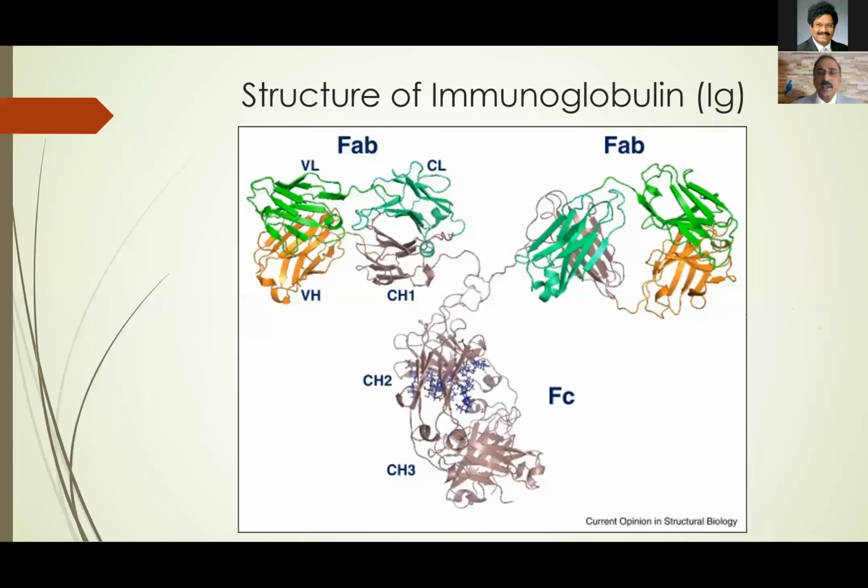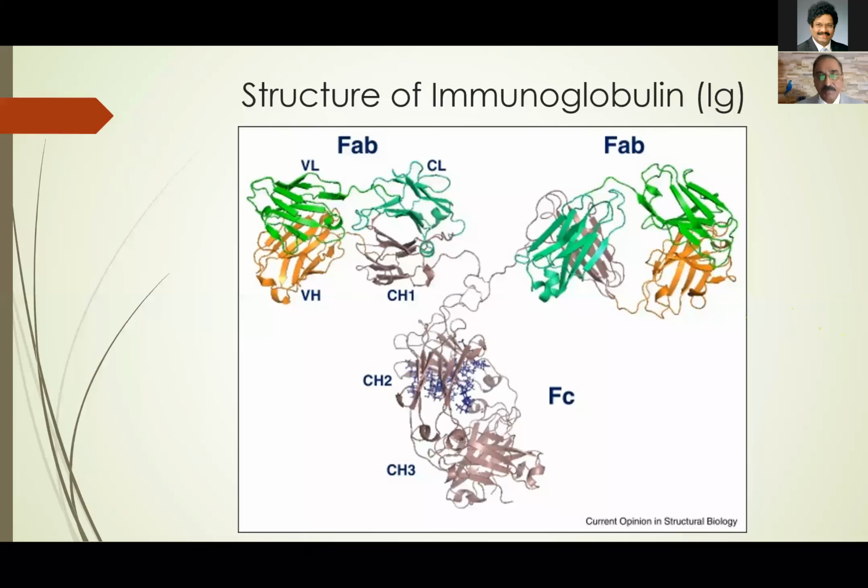This is a representation of an immunoglobulin. You can see here the heavy chain. The crystallizable portion, the Fc portion, has two domains, constant H2 and constant H3 of the heavy chain. And then the Fab portion is called the